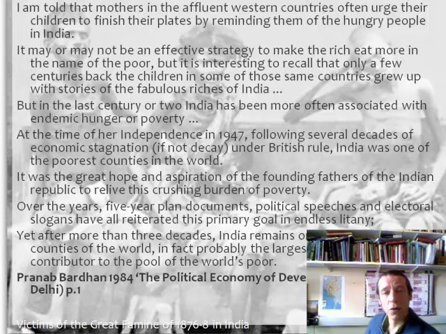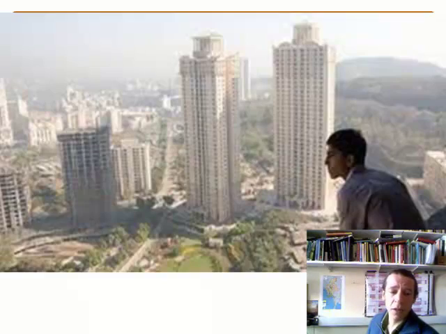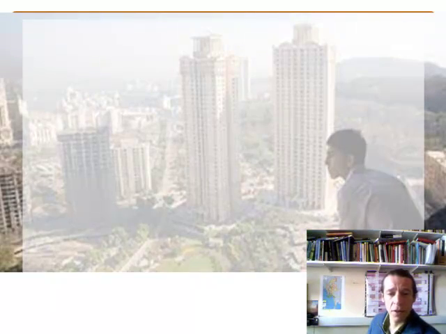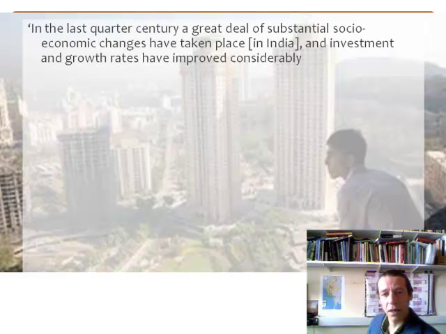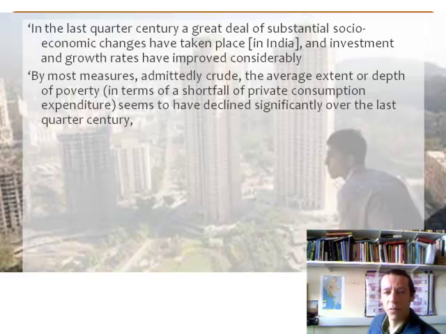This is one of the main books we use. It's an excellent study, Political Economy of Development in India, which explains a lot about why independent India has struggled to alleviate poverty, and why these tribal women we saw in the first picture remain so malnourished. So Pranab Bardhan has continued working, and he published a further book and academic paper, a couple of years ago, where he reviewed that initial analysis, and he recognises that even though over the last quarter century there has been substantial economic change in India and economic growth has improved,